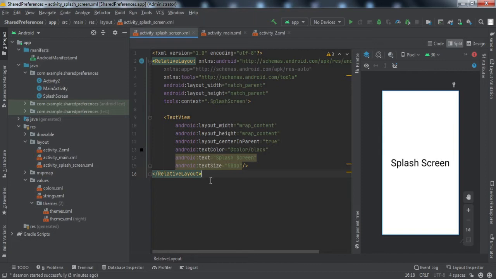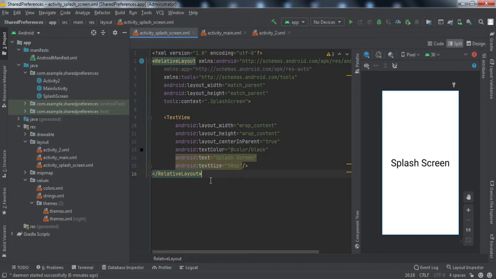So why don't we use a DB? Can't we use it? We can use it, but as you know, if you have watched my SQLite tutorial, implementing SQLite is a very cumbersome process, right? You have to write a lot of code for that. But for example, if you have seen in many apps, once you save some customized settings for your app, like the theme and some other settings, those are permanently saved. No matter if you close the app and then open it again, right? So how do they do that?